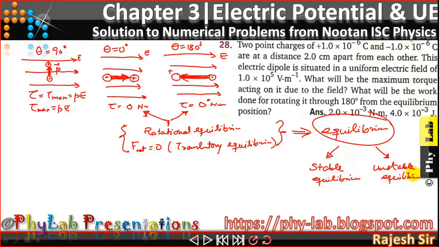So friends, we know that whenever a dipole is placed in different orientations, it experiences a different torque. At theta 90 degrees, that means whenever the dipole moment is perpendicular to the electric field vector, the torque experienced by the dipole was maximum. But whenever the dipole was placed either parallel to the electric field vector, as you can see over here, or anti-parallel to the electric field vector, the torque was zero. So the dipole was in rotational equilibrium.